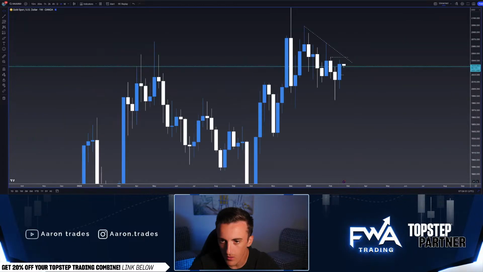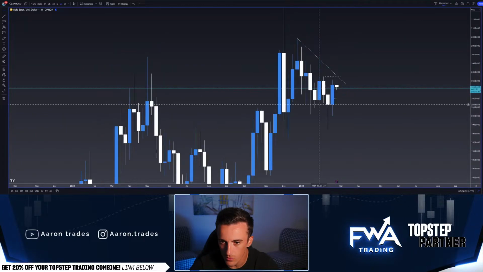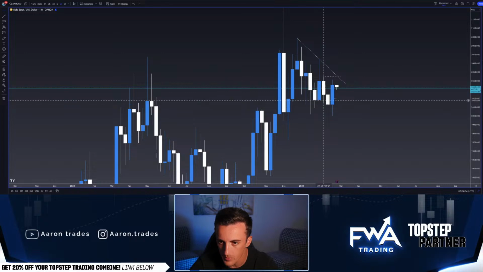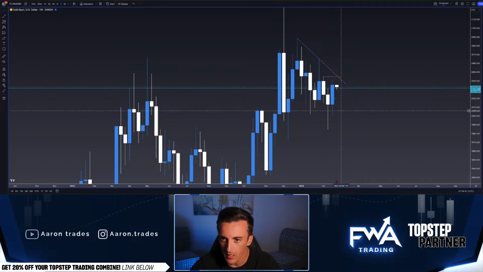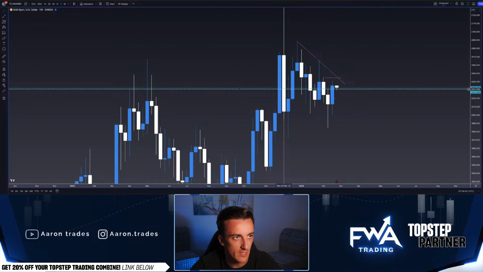Weekly here on gold, you had this kind of 1, 2, 3 equal lows. You've now come down, you've wicked out all this support, failed to close below, created a pretty nice morning star here as well, and now closed back above this big resistance level here. I think I have it on a different chart, but if we put on our key levels